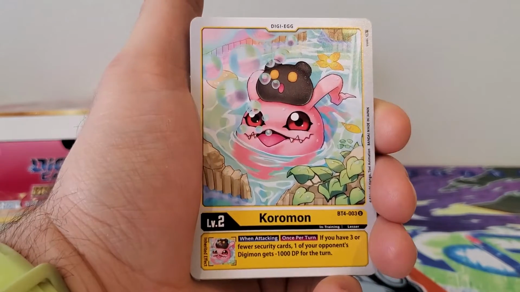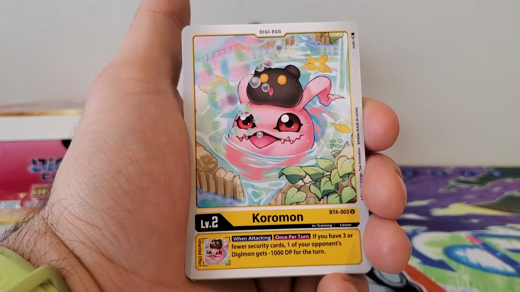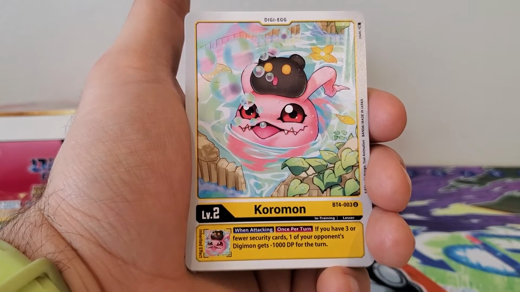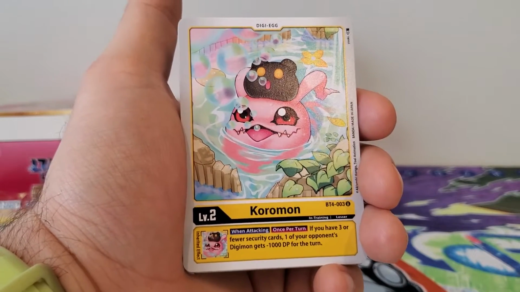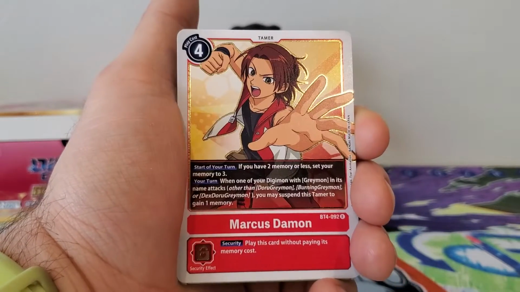We got Koromon, who has the inherited effect of when attacking once per turn, if you have 3 or fewer security cards, one of your opponent's Digimon gets minus 1,000 DP for the turn when this Digimon attacks once per turn. I feel like there could be better ones, so I'm going to say no, because we've got a lot of